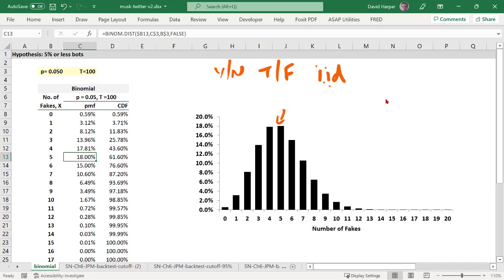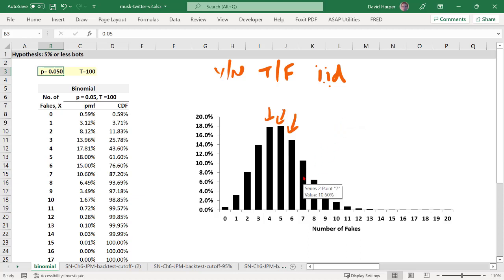The mean of each sample will vary. So probably, if you agree with my intuition, if Elon Musk goes out to sample 100 accounts and he finds 4 bots out of 100, which is 4% of the sample, or 6 bots, which is 6%, we could probably still find it agreeable that Twitter's claim of 5% or less is true. After all, we're pretty close to 5, and you can see, conditional on the 5% being true, that we've got some dispersion in this distribution.